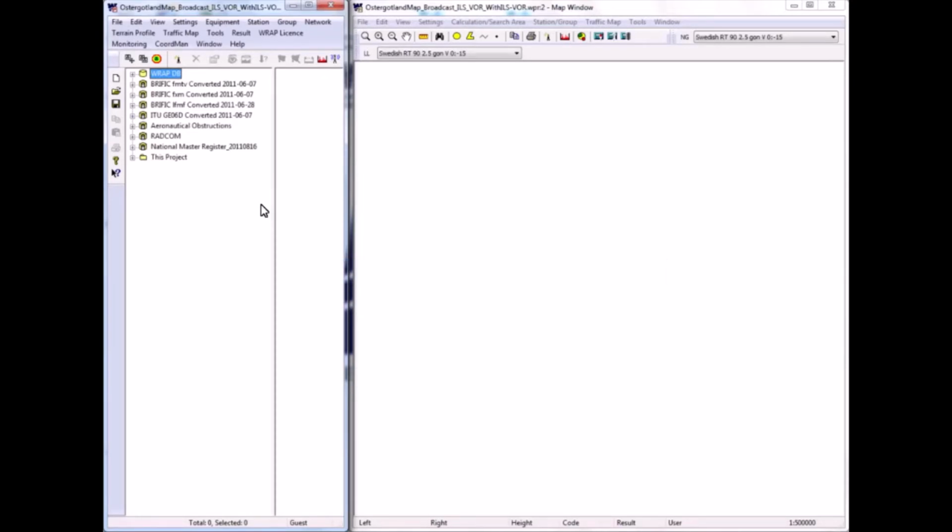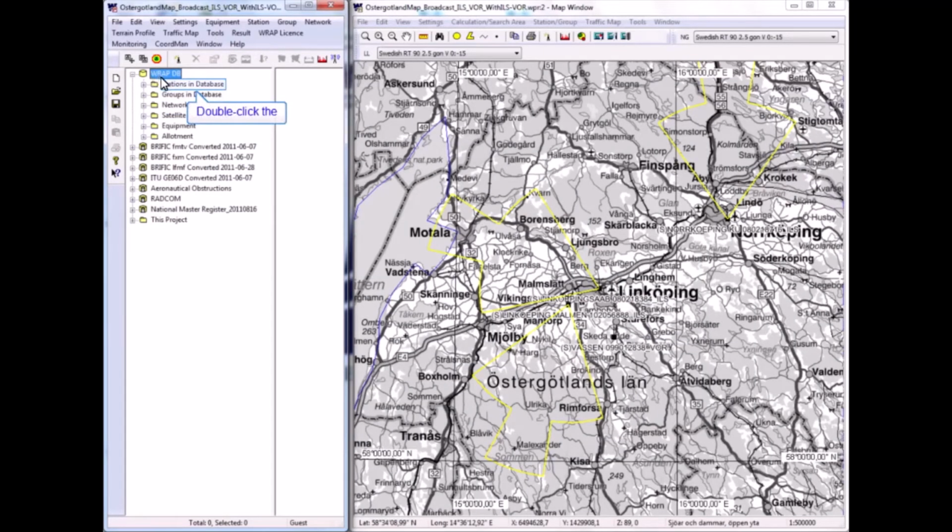The preparation is basically that in a previous video presentation I created a new broadcast transmitter, actually quite near this VOR, VHF omnidirectional range navigation facility. So let's put that broadcast station in here in this project. It is saved in the database of RAP,